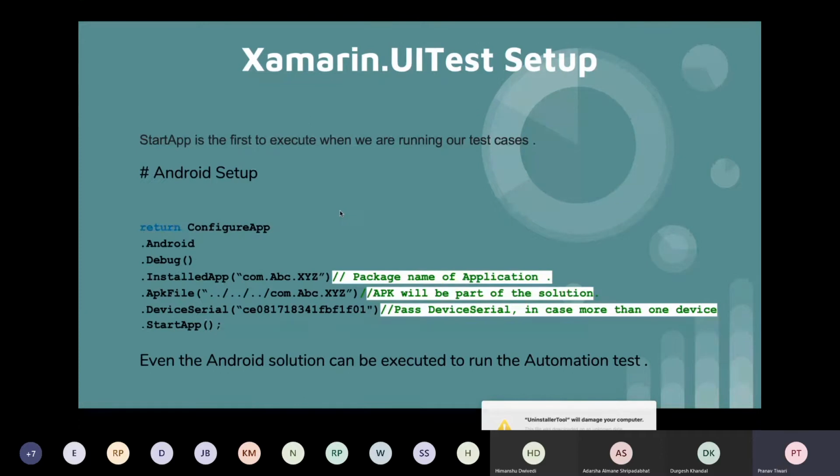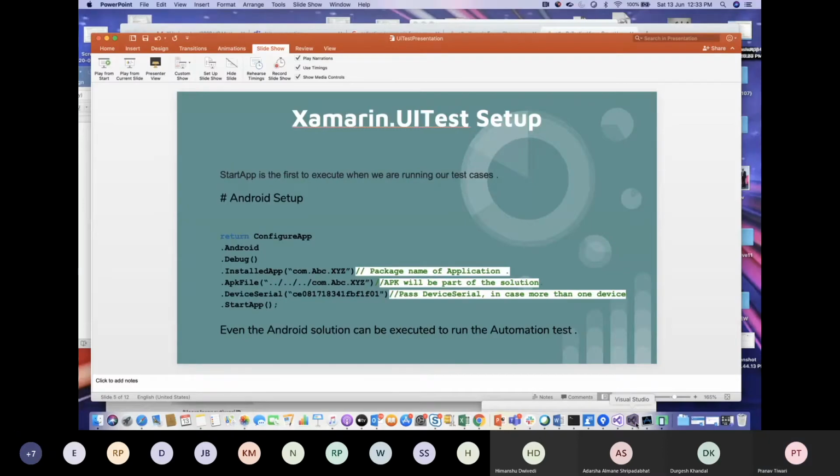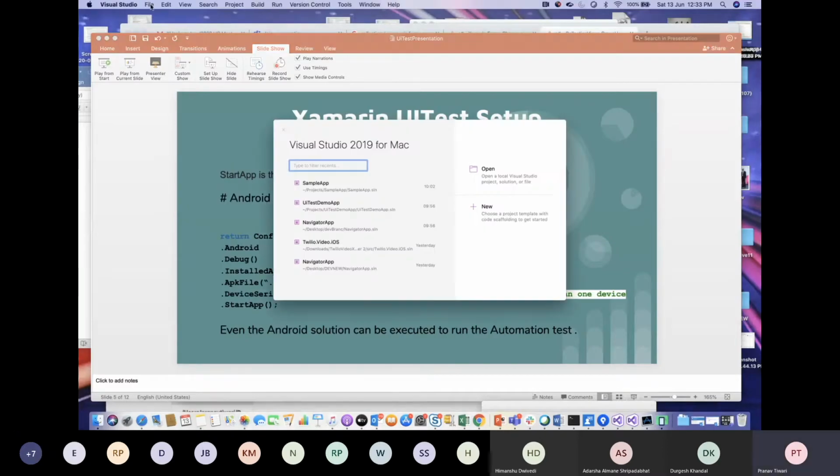Now we'll start with the setup for Xamarin UI test. So we'll create a new solution.